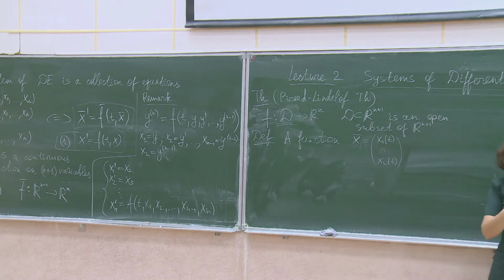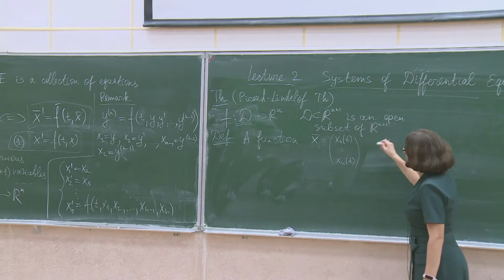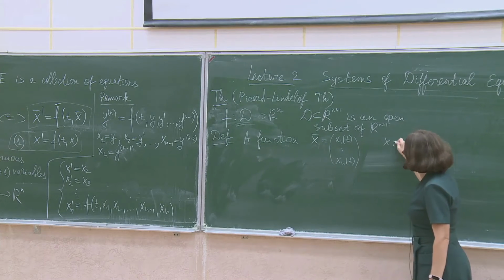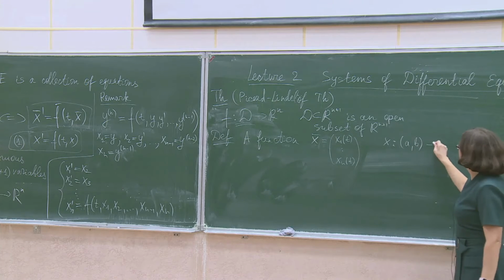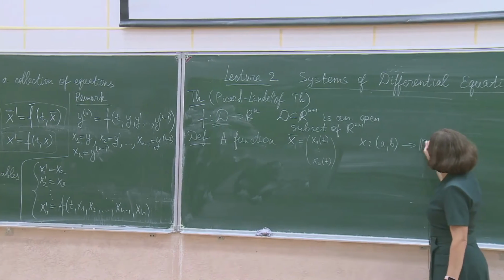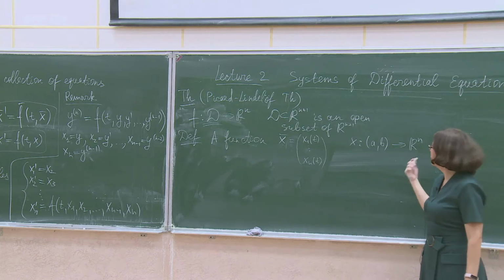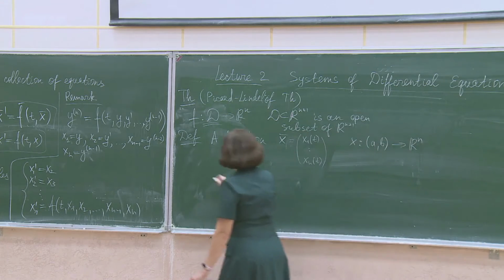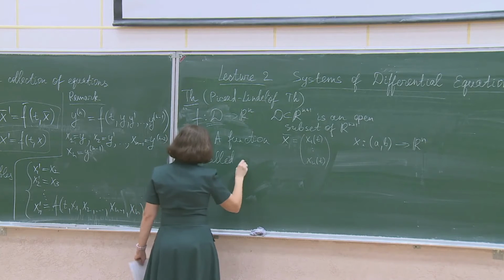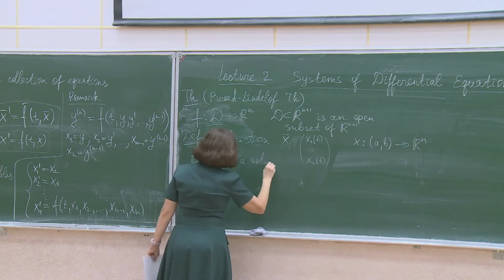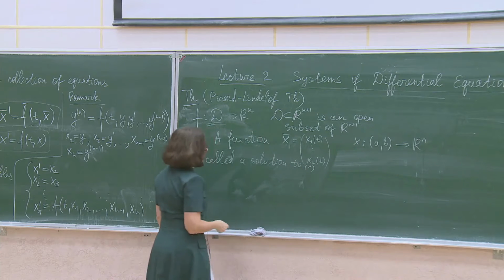So x must depend on one variable, and we say that x is from some interval (a, b) to R^n. This function is called a solution to 1